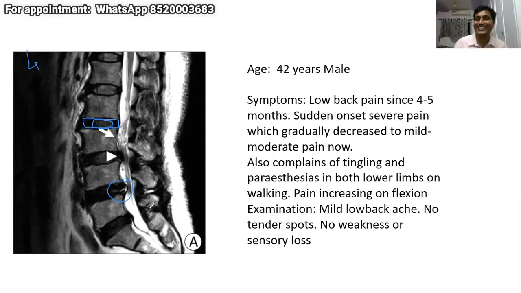So this patient has pure disc pathology. So for this patient, we can allow hyperextension McKenzie exercise. You start with low grade, and if the patient is able to do it, then you can gradually progress to hyperextension McKenzie also. Okay, am I clear? Yes, sir. Is it clear? Yes, sir. Okay.